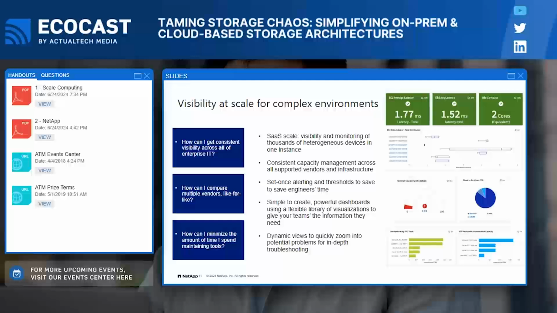So, members of these different teams can interact with Cloud Insights without having to learn a new tool whenever they want to view a different part of the infrastructure. NetApp Cloud Insights will help you manage your complex infrastructure by simplifying the observability into a single pane of glass.